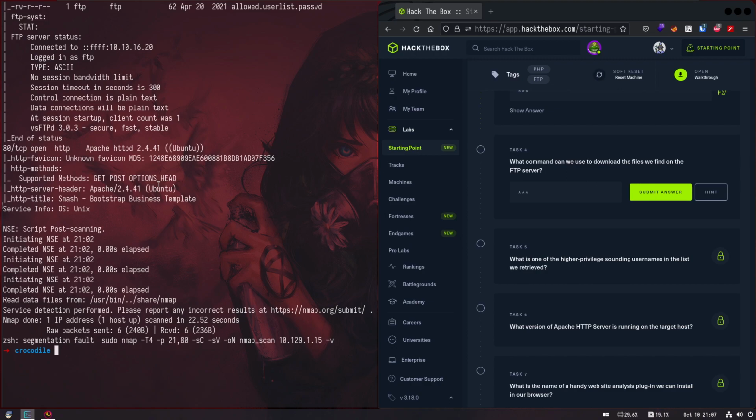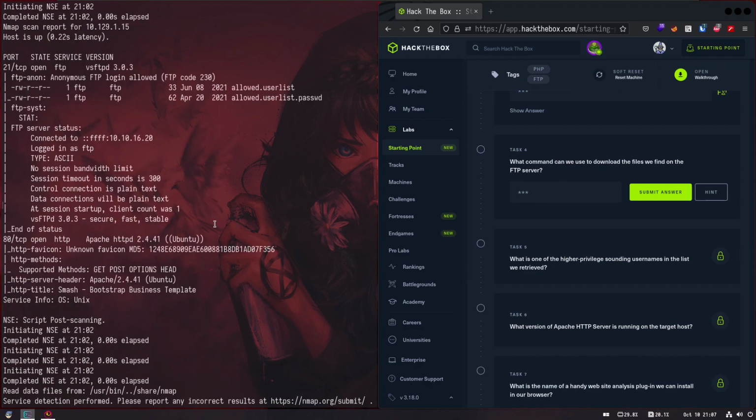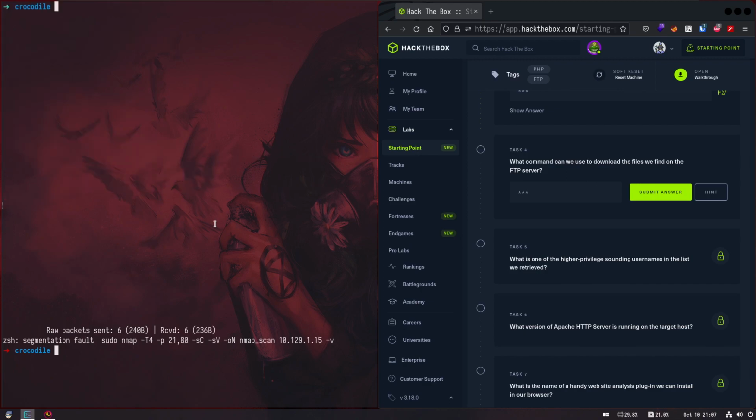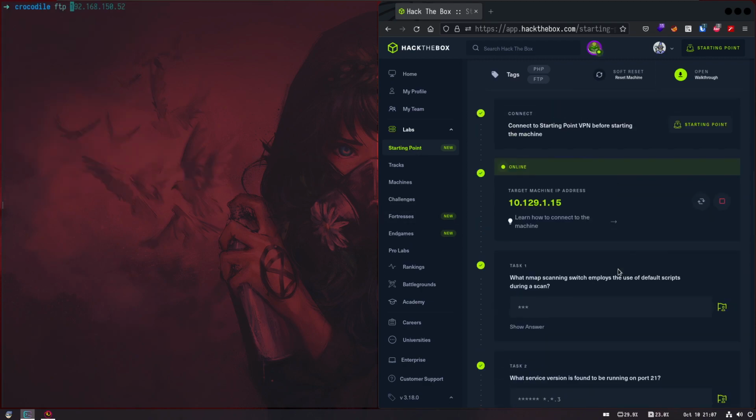Anyway, so the title of the web page is Smash. I'm not gonna talk further about that, but it says Bootstrap Business Template. And the OS running is Unix. That's cool. So we can log into FTP. So FTP, give it the IP,